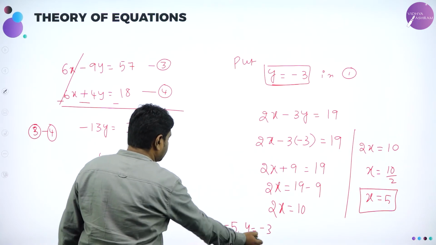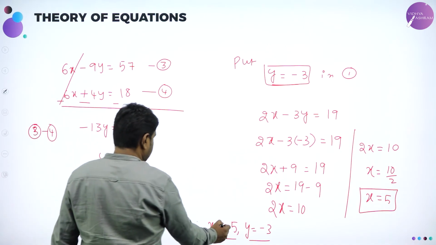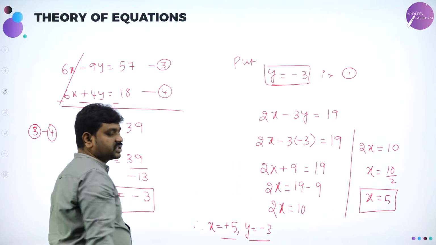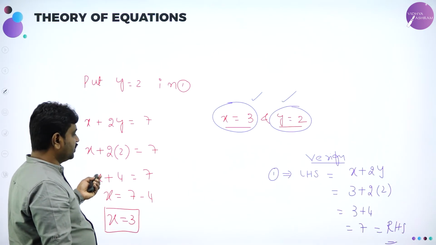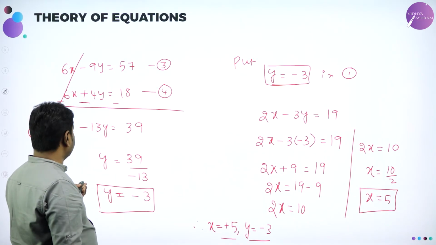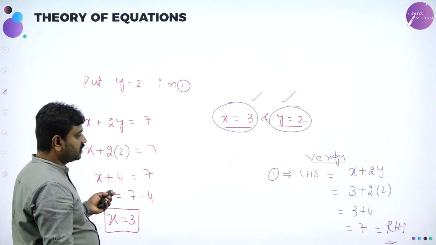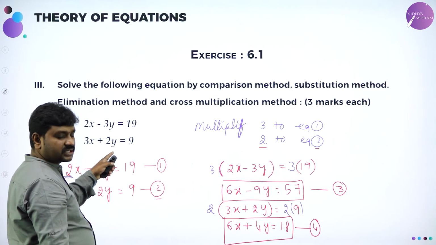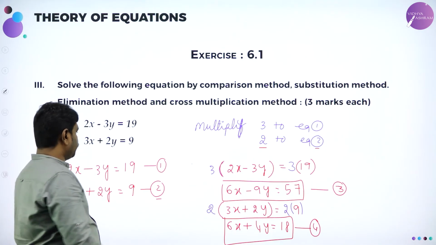What we have done? We have done the method of substitution. What is the method of substitution? So x is positive 5. X is 5, y is minus 3. Substitute and verify in any equation. So here directly I'll take. So here x is what? 5. 3 5s are 15. And y is what? Minus 3. So 2 into minus 3 is minus 6. 15 minus 6 is 9. It will satisfy. If you want, you can verify.